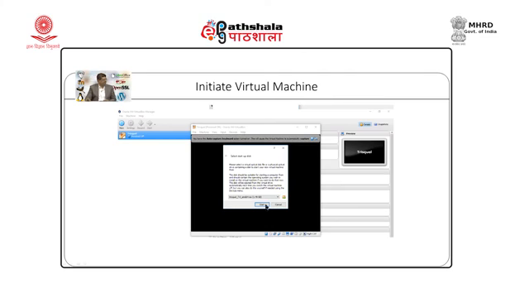Now, after clicking this start, the system will start booting and your Linux installation process will begin. So, this is the last step of initiating a virtual machine. Once you say start, when you provide the ISO image path, the Linux booting, that is the booting of Trisquel, will start, and further you will get steps to install the entire Linux system.